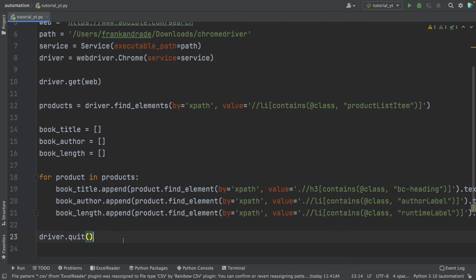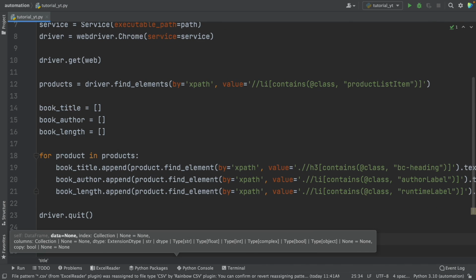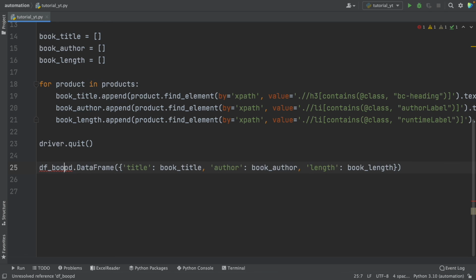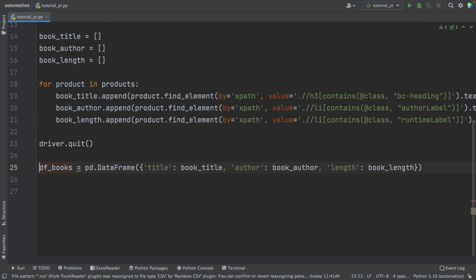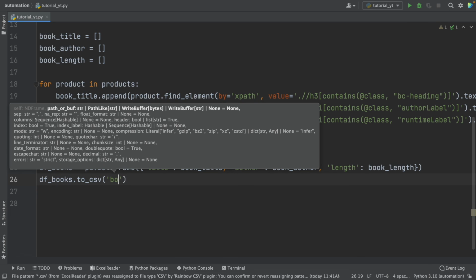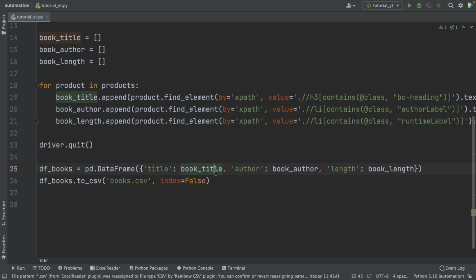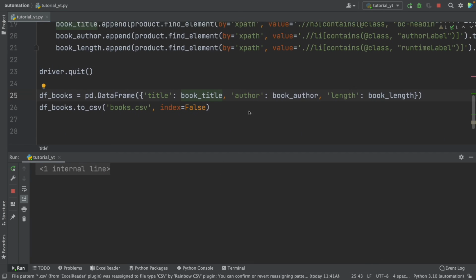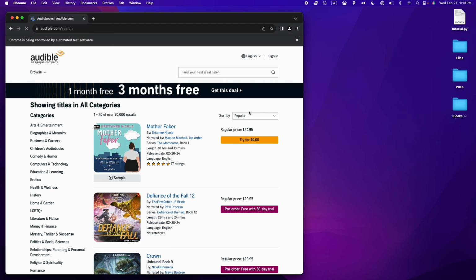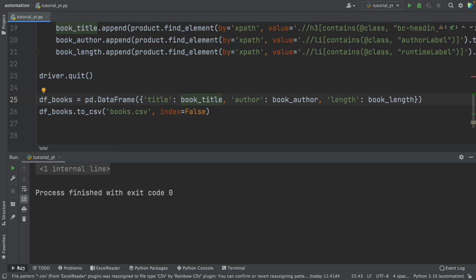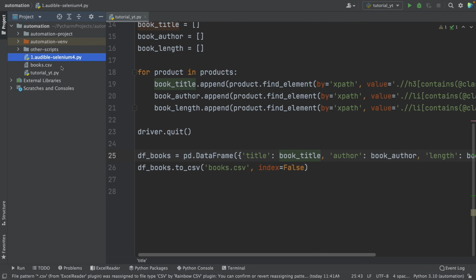And finally, I'm going to create a data frame with these lists that have the data of the name of the audiobook, the author, and the length. I'm going to name this data frame df_books, and finally I'm going to export this as a CSV file. And the CSV file is going to be named books.csv. So now I'm going to run this, and we should get a new file named books.csv in our directory. Alright, the process finished with success. Then we check our directory, and we have here